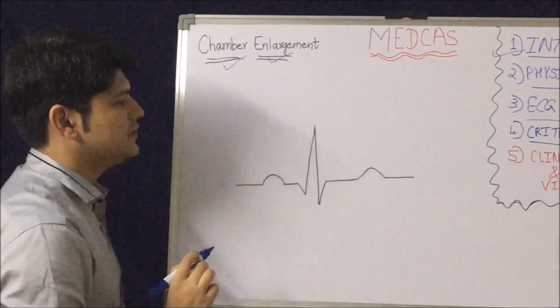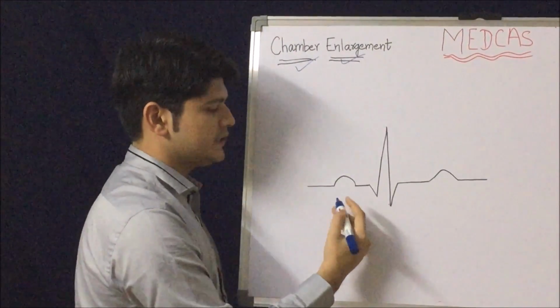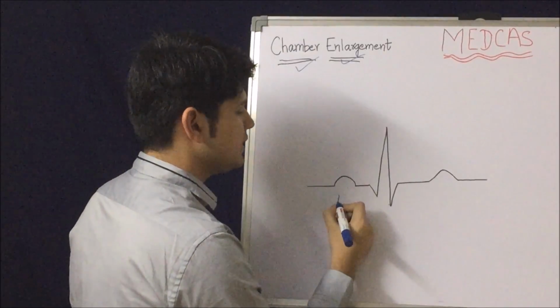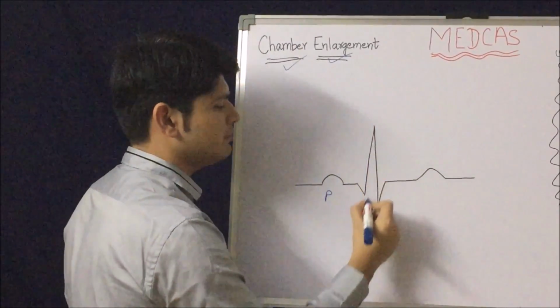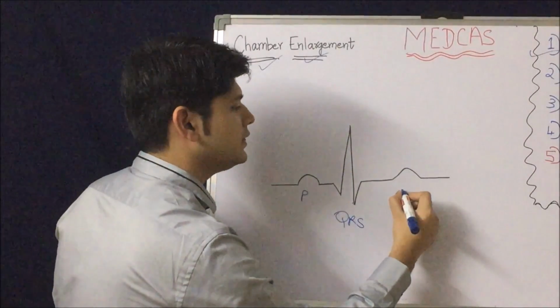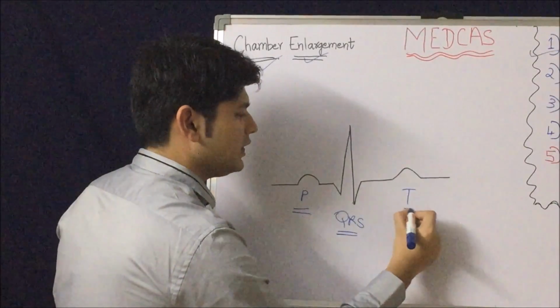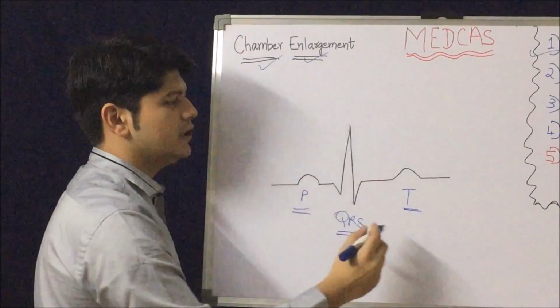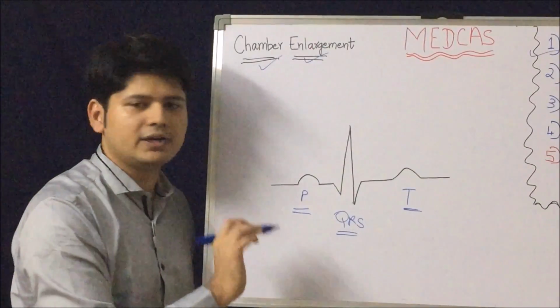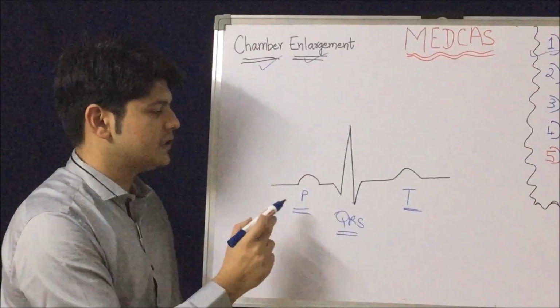Now if you see the ECG, most of the time we are familiar with this image. Okay, so the first wave reflected here is the P wave. The complex that comes next is the QRS complex, then the T wave. Why these waves are created and what the significance of this is, we are going to understand in the current video. So now if you see the waves here, this is the P wave.